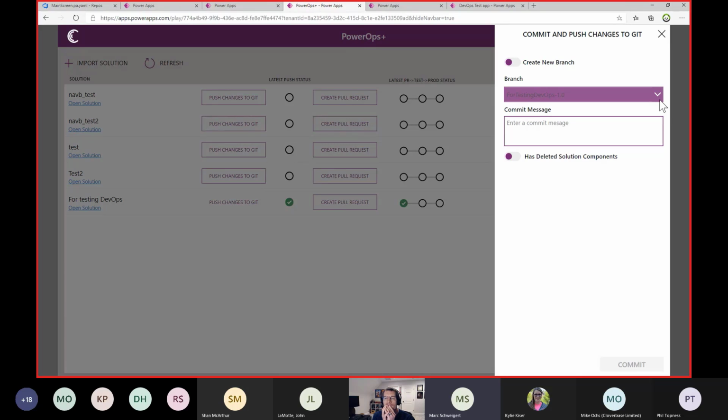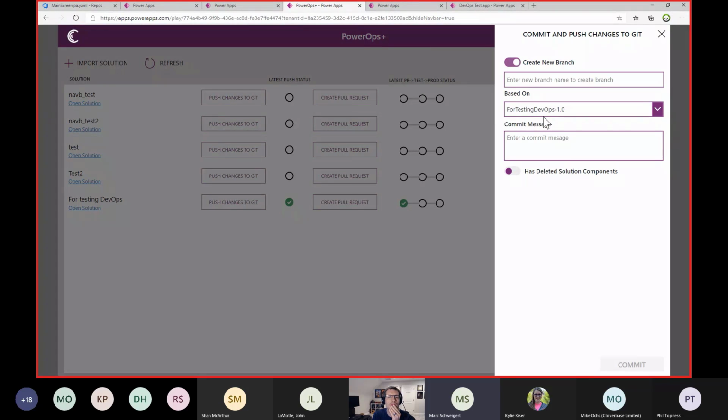And so in the typical case, most people get a work item, right? They get assigned some discrete unit of work. That's how we encourage people on our team to work, right? Not do a bunch of things and then try to check them into source control. Get assigned a discrete piece of work, do the work, commit it to source control. But I can come in here, I can create a new branch off of another branch, right?